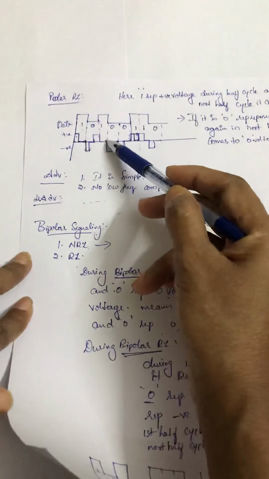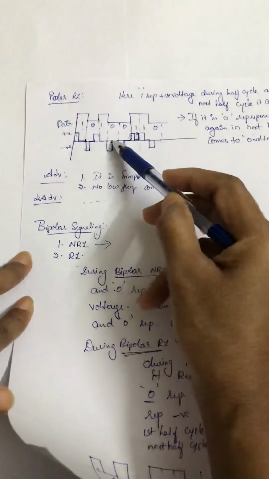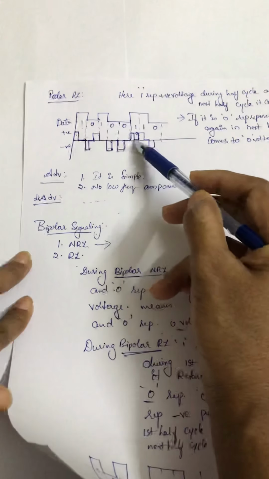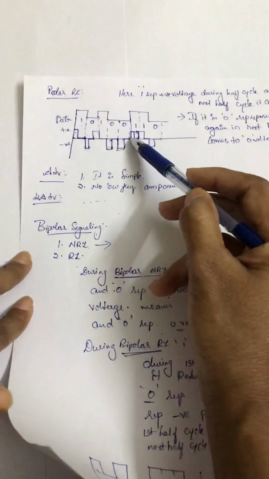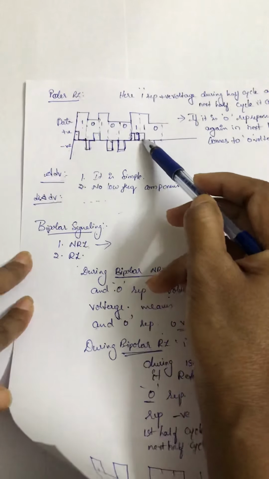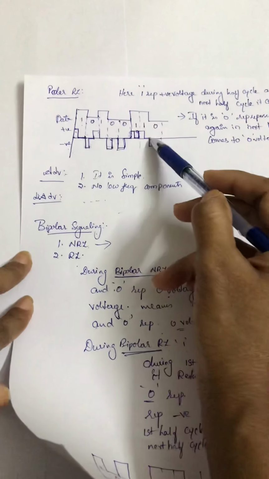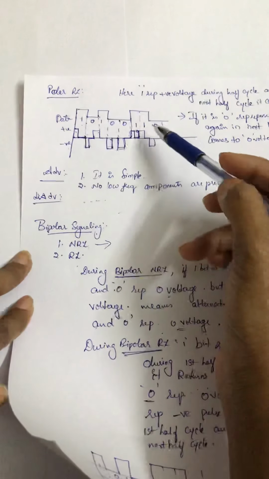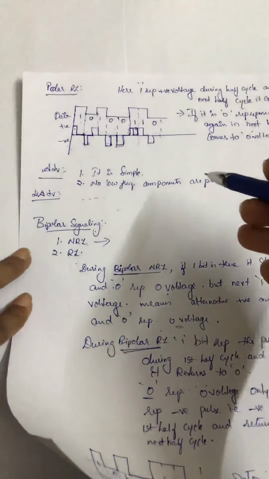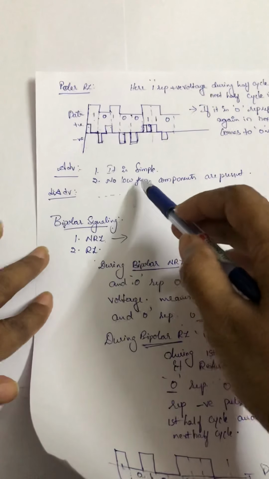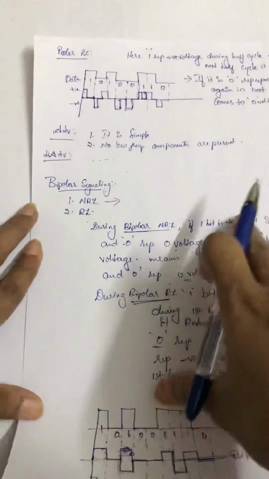For 0 it indicates a negative pulse, again immediately coming to 0 in the next half cycle. So on: 1 1, positive, comes to 0, positive, comes to 0, 0 indicates negative pulse, comes to 0. This is the way we indicate the digital signal in the RZ case, polar RZ. Clear? Next we are coming